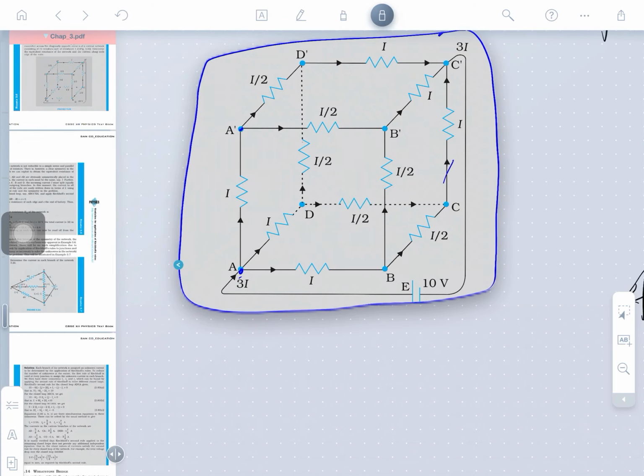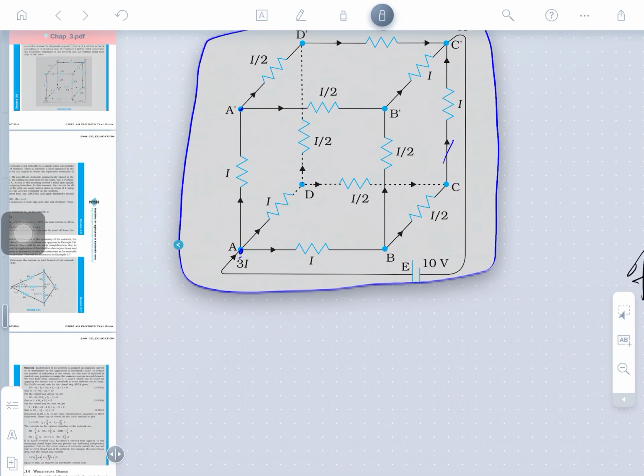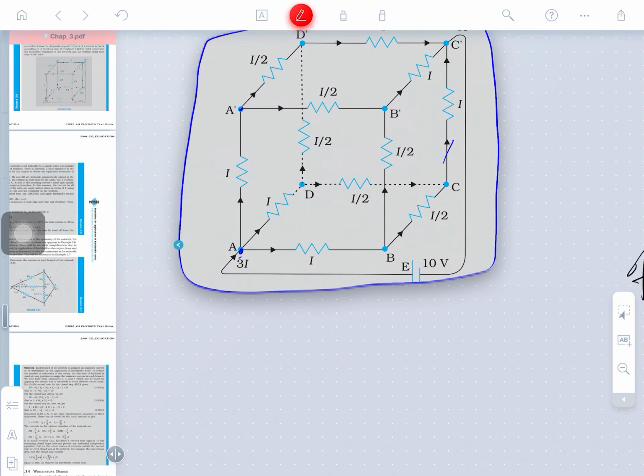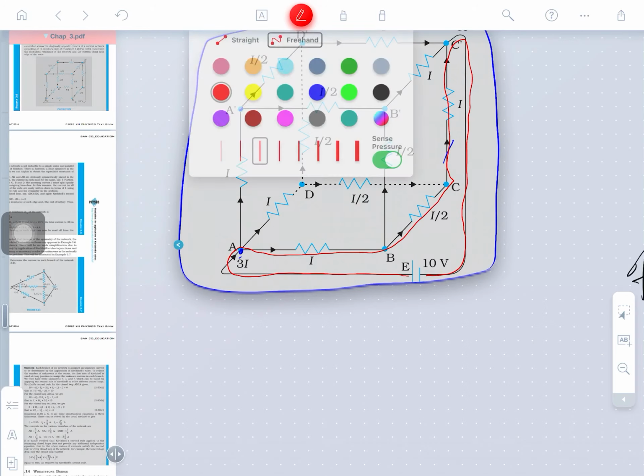Further, what we have to find out is the value of I. So which loop will you select here? I am telling how the loop can be selected. The loop starting from the battery is to be included, and this loop is to be taken first. You may see there is a first loop, a closed loop. Is that clear now?